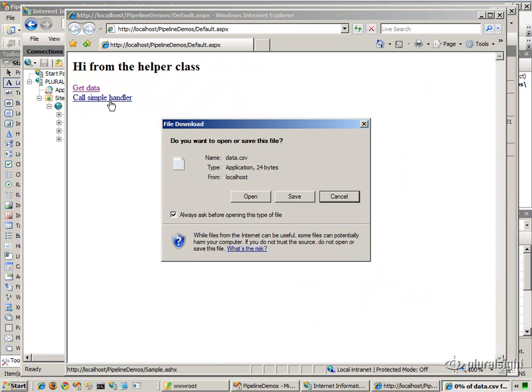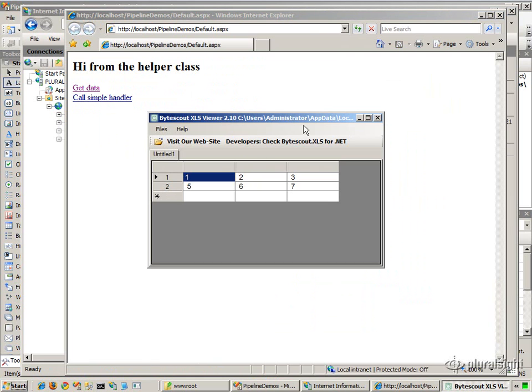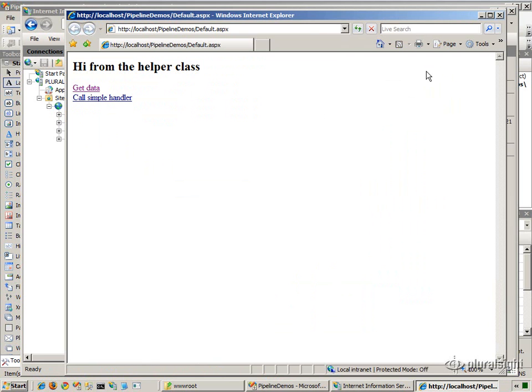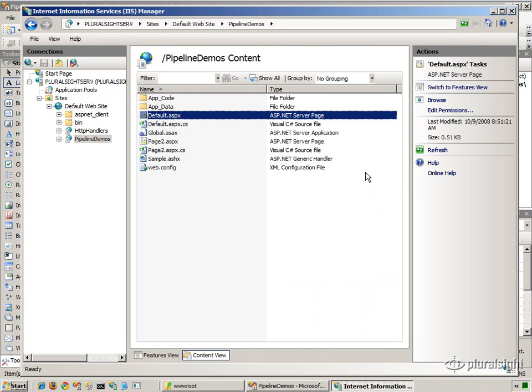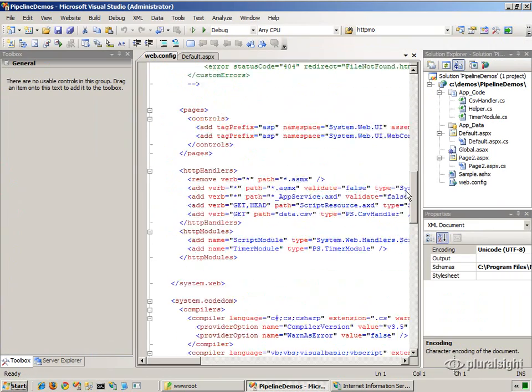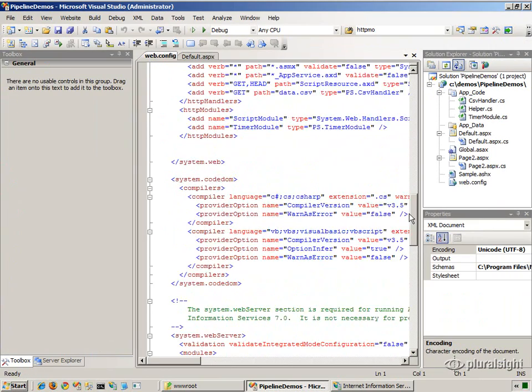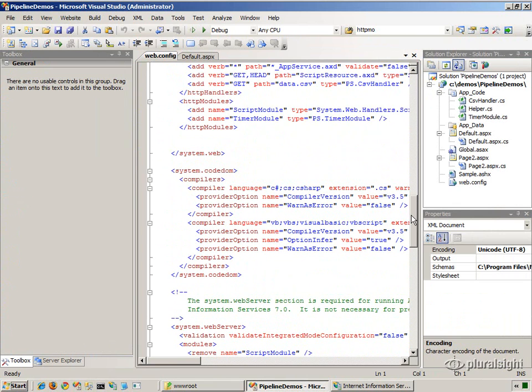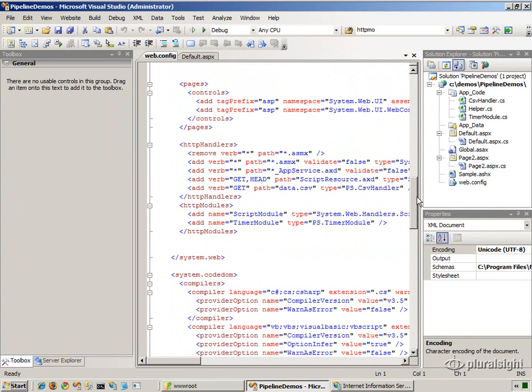And go ahead and click on Get Data, and notice we get prompted to bring up the Excel data. So that works fine. And we didn't have to create the intermediate association with ASP.NET ISAPI. Now, to see what that looks like, you can go back to your project and open the configuration file. And one thing to note about IIS7 is if you're not running in the